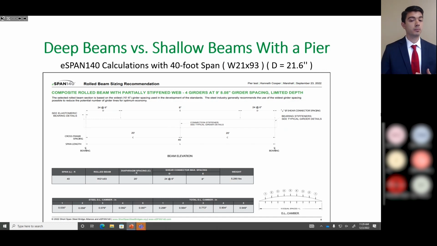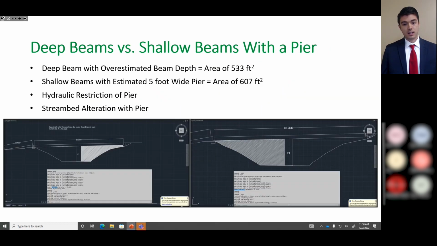So then, cutting our bridge length in half to 40 feet and running another eSpan model, we could use a W21 by 93, which would have a depth of about 21 inches, so it's a lot less. And that gave us an area of 607 square feet. So it's more than the 506 square feet, but then when you think about the restrictions,